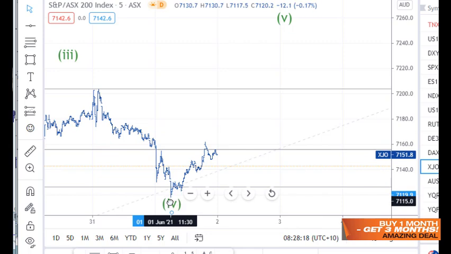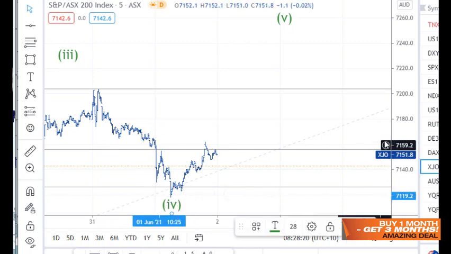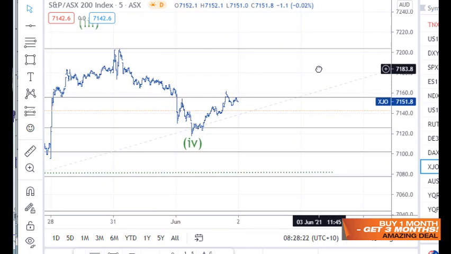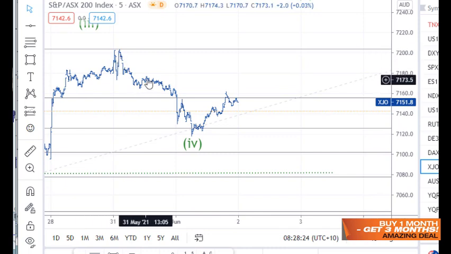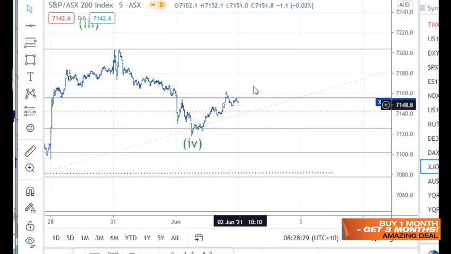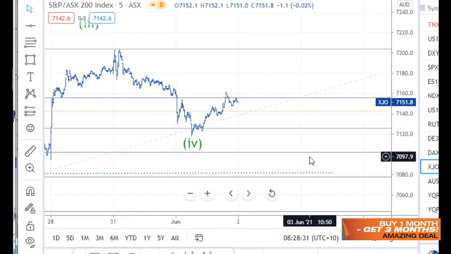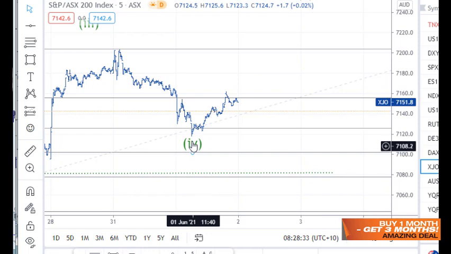It could be counted this way, but it's a bit of a tricky one, because even if it is an A and a B and a C wave down here, it could still be just an A wave and go back for the B wave and then down for the C wave here. But the cash market from the last session has a nice impulse wave here,